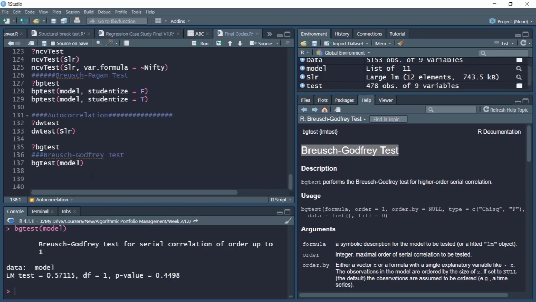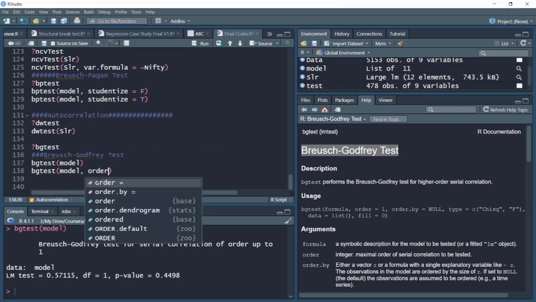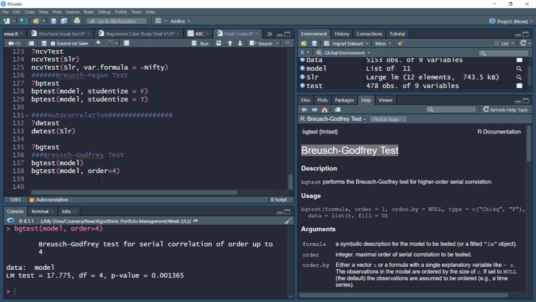However, please remember, many times the correlation is not because of the first lag, it can also be because of lags with the later periods, maybe the second or third lag. To account for that, one can simply run the test with higher lag terms. For example, I can specify the order as 4 and see if the error term shows anything. Okay, so we are able to catch some serial correlation with 4 lags. That means there is some autocorrelation or serial correlation with higher order lag terms.